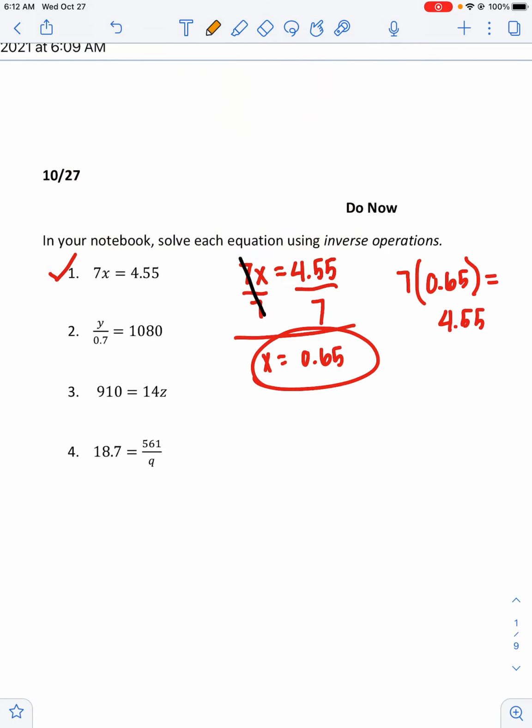Now for question 2, we have y divided by 0.7 equals 1080. And in this question, we want to get y by itself. So we'll multiply both sides by 0.7. It cancels out on this side. And we end up with y equals 1080 times 0.7, which is equal to